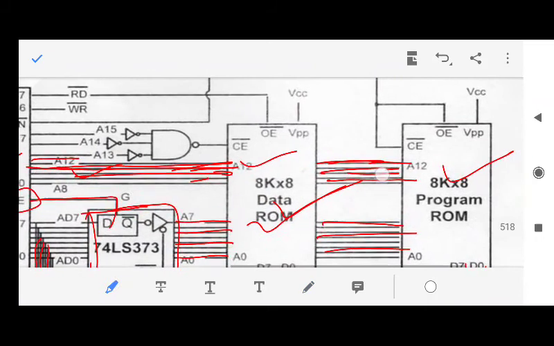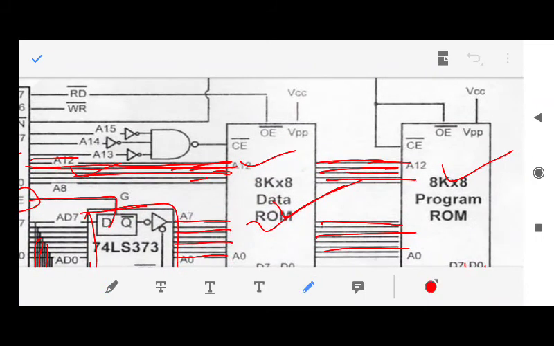Now let's come one by one. So address lines are finished, data lines are finished. Now you decide which one is your program ROM, which one is your data ROM. This is your data ROM, you have already defined. Now the chip select signal or chip enable signal of the data ROM, remember data ROM or data RAM, should be connected to the remaining address lines. You have already used the 13 address lines. How many address lines are remaining? 16 address lines are there, so 3 address lines are remaining.